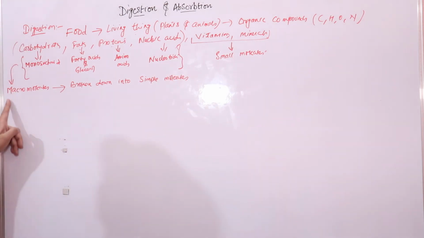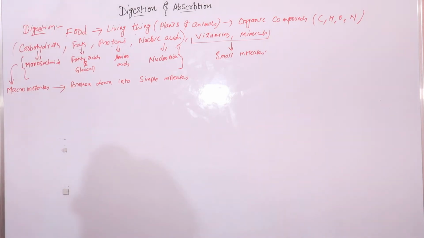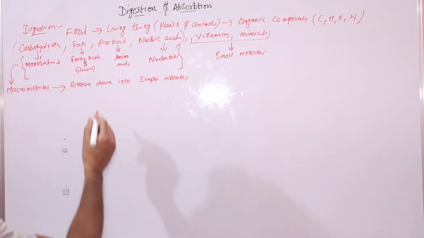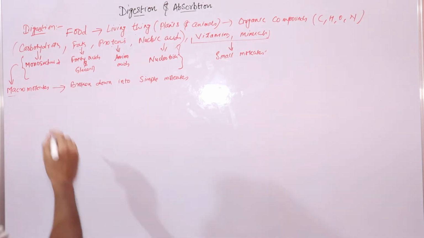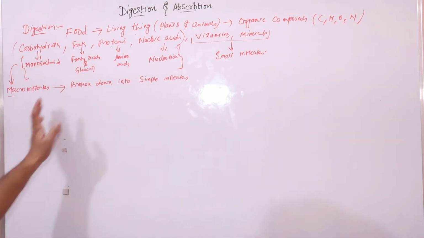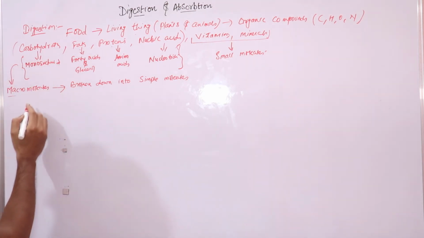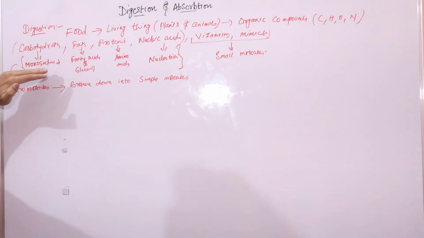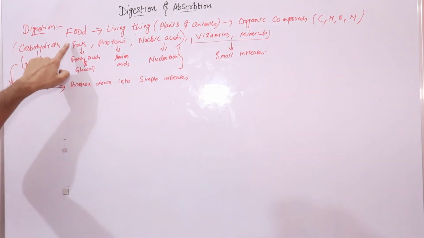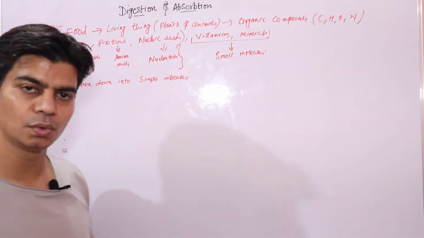When we say that these macromolecules need to be broken down into simpler molecules, it simply means that we need to break down these bigger molecules into the molecules from which they are made up. Carbohydrates are made up of monosaccharides, so we need to break down carbohydrates into monosaccharides. Similarly, fats need to be broken down into fatty acids, proteins into amino acids, nucleic acids into nucleotides, and these